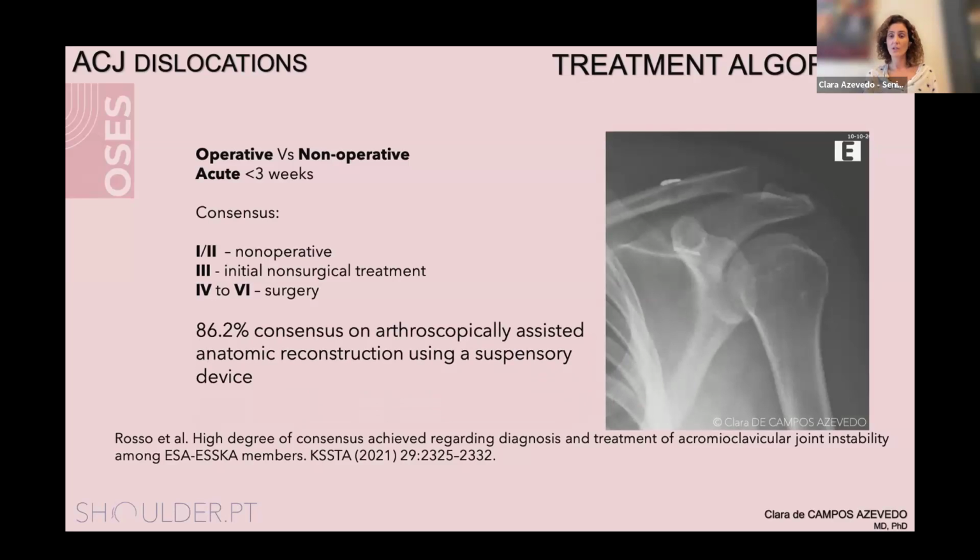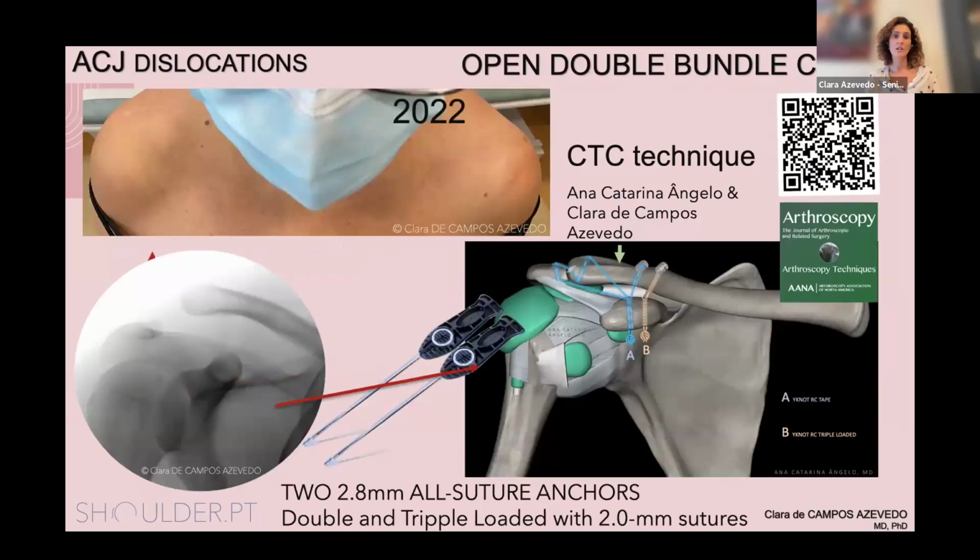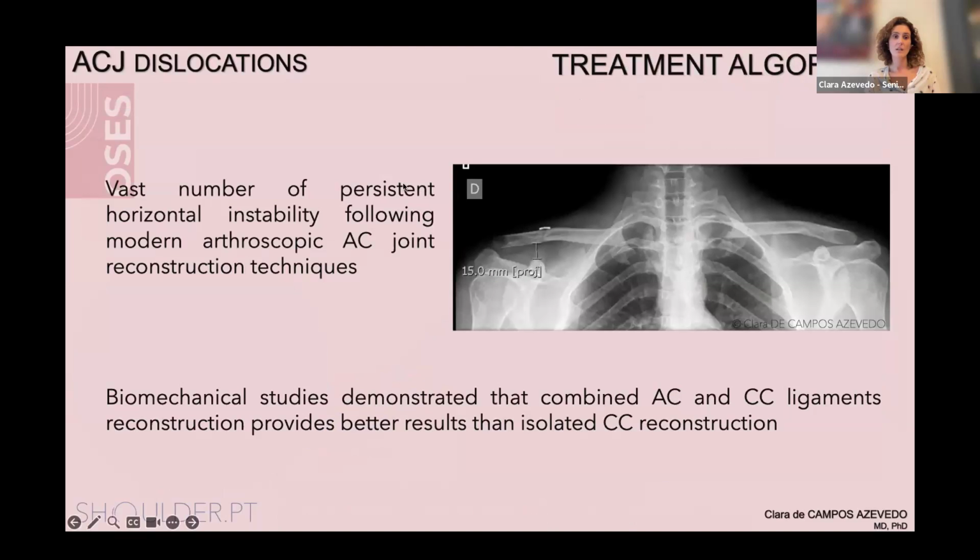This image you see here on the right is a patient of ours from many years ago. I used to do a single bundle coracoclavicular fixation, and in most lower degrees of dislocation, it actually worked. But in most cases, what I saw was subsidence. I had this frequently, subsidence of the reduction. So my patients went from a grade 5 to a grade 3 after 1 year. So that's why we started looking for alternatives.